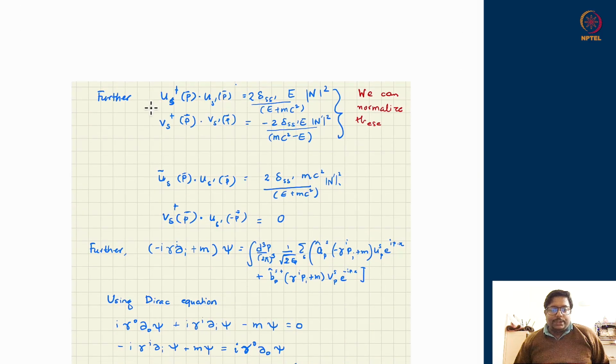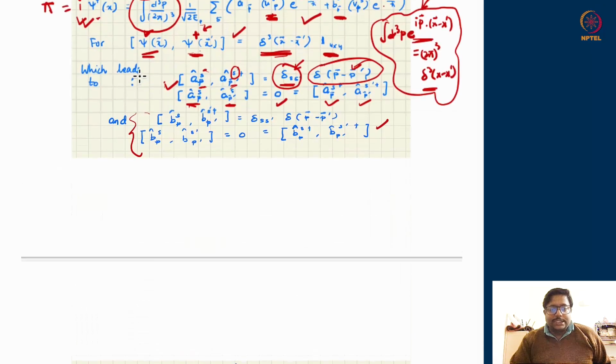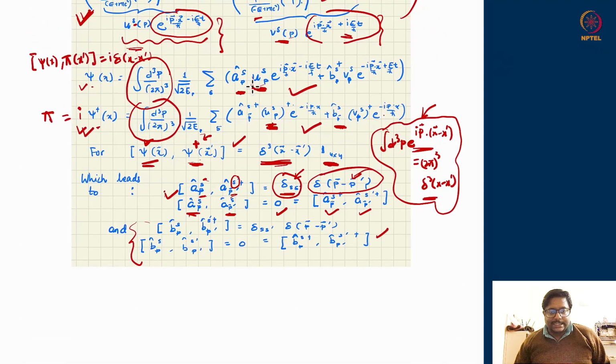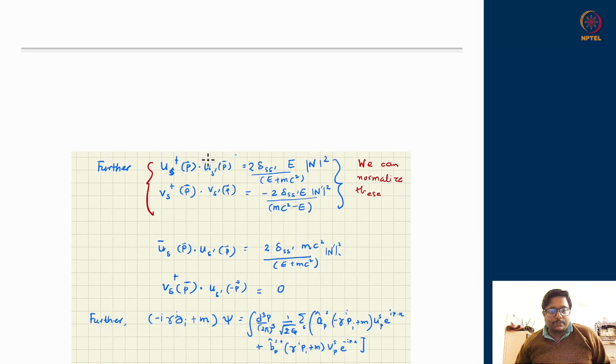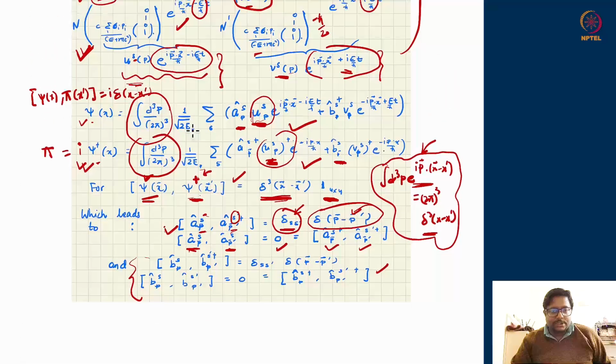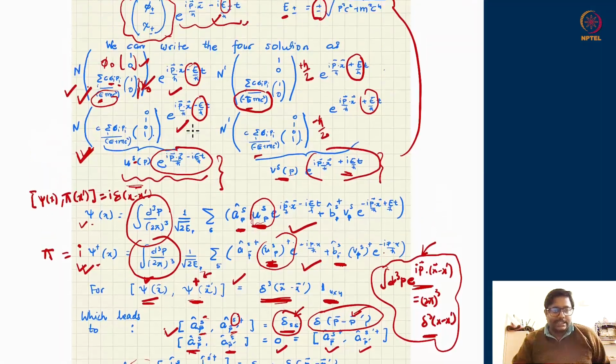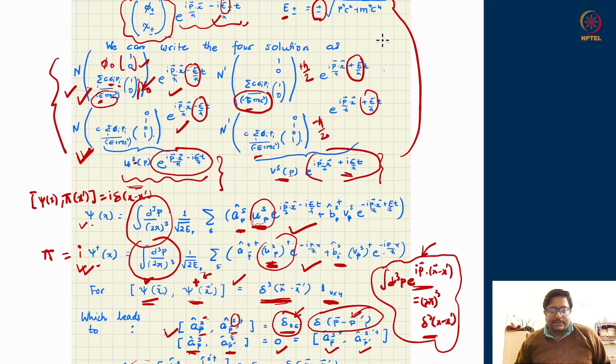Further, when you do this commutator kind of structure, you will see that this u_s(p) and this u_s(p) dagger will hit each other. So these are vectors and co-vectors, or column vector and row vector, hitting each other. And therefore we should know what happens when a column vector hits a row vector. If I look at the structure we had, this was the u_s set, and the v_s set was over here. They both come with their individual normalization. I have not told you how to normalize this vector here.